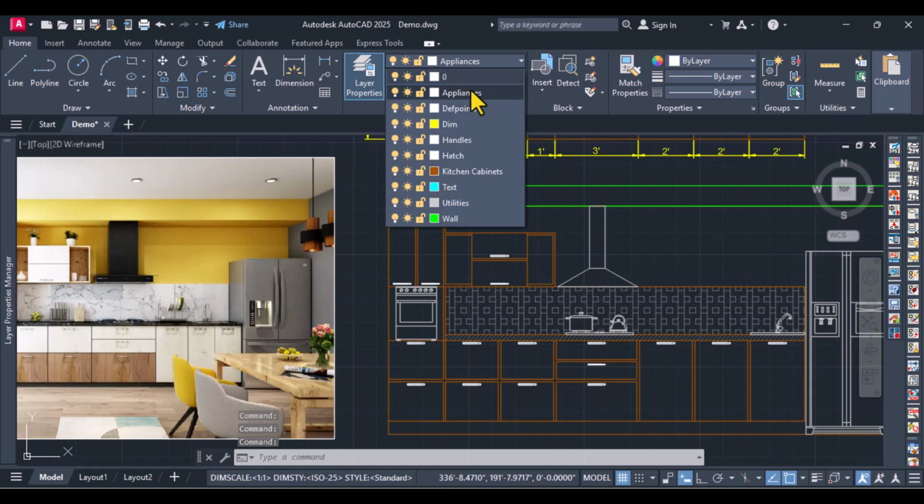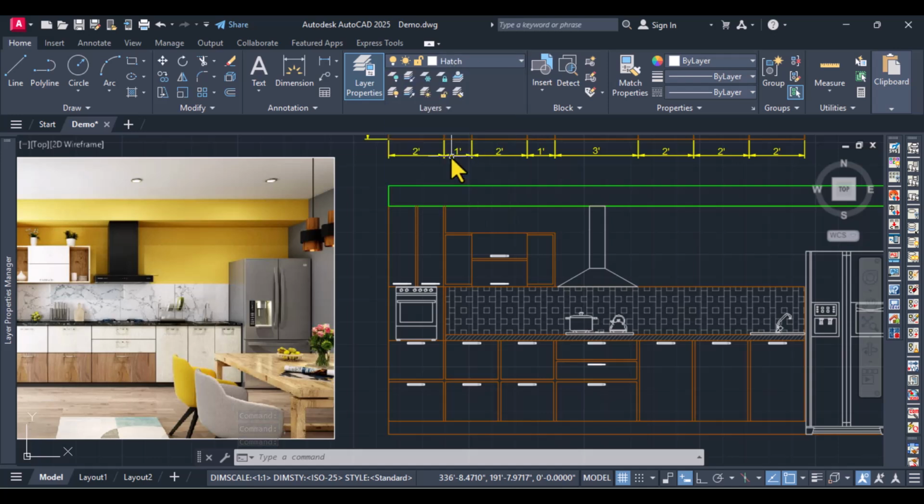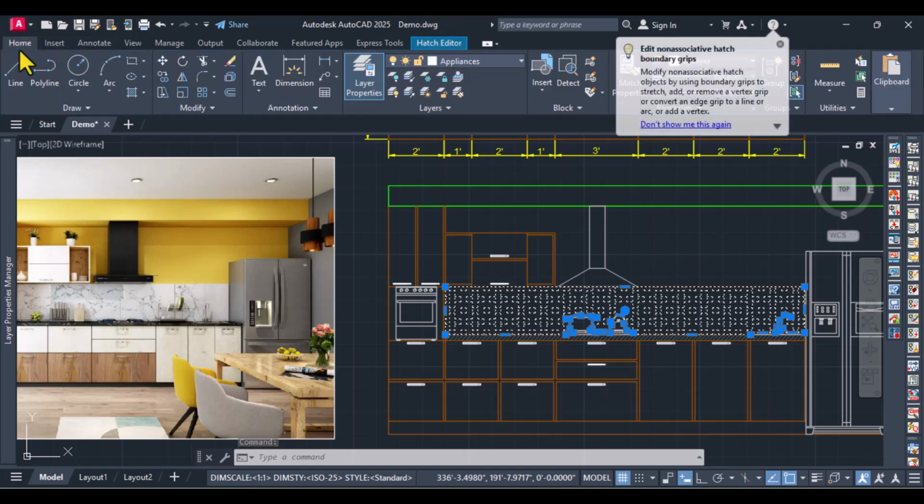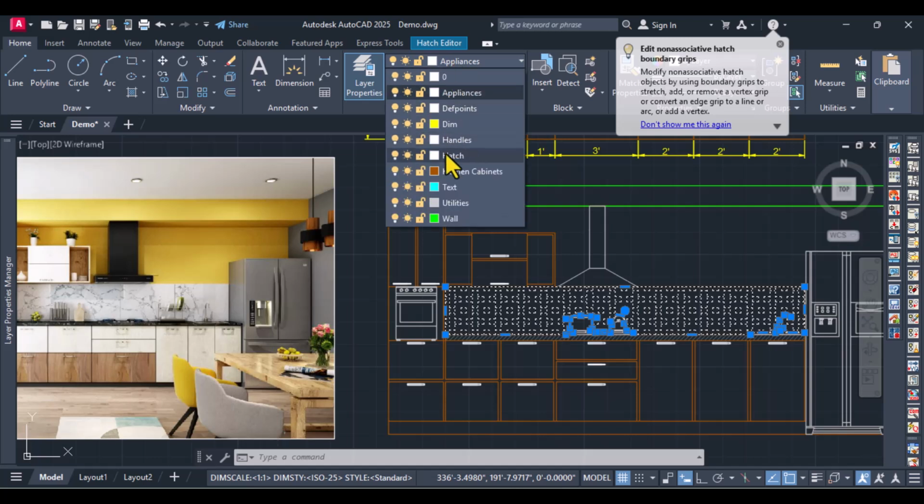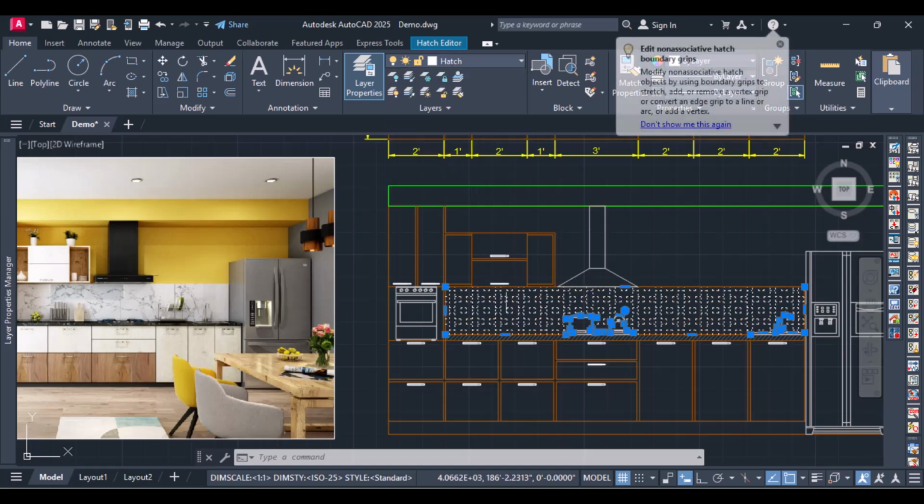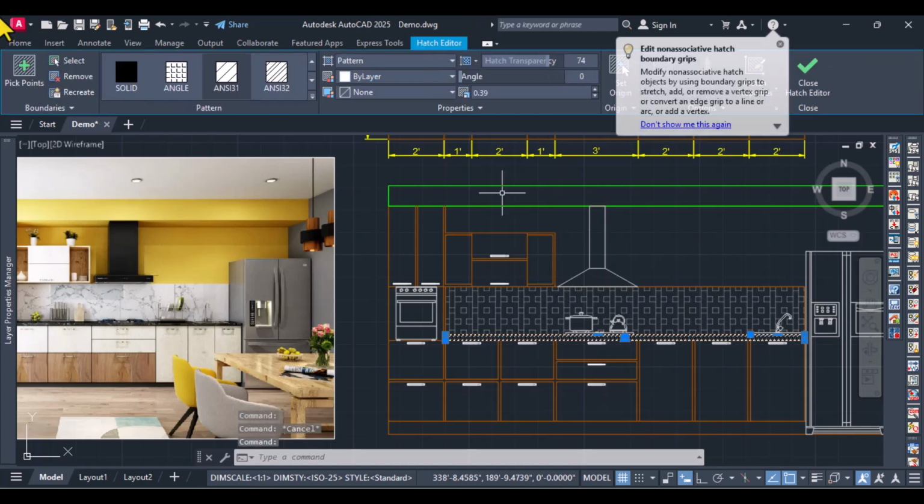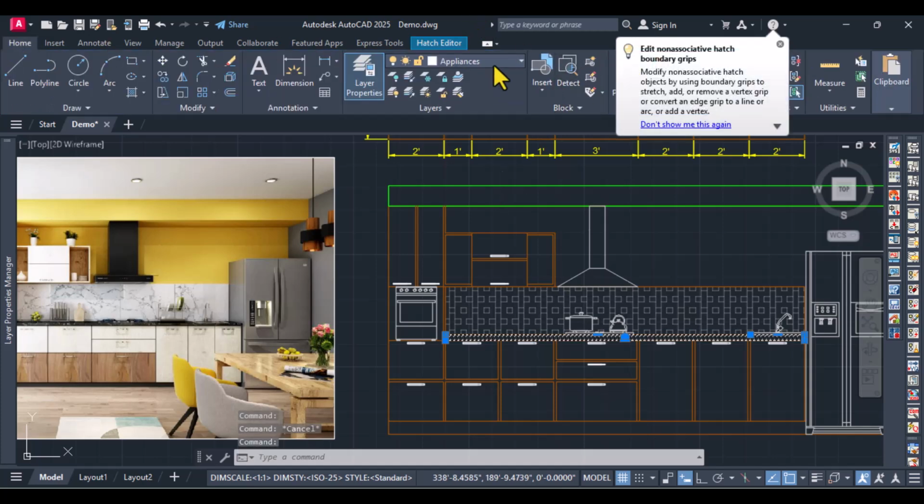Make the hatch layer the current layer, then select this, click on home, and ensure that it is in the hatch layer, and then press escape and click on this. Home, and ensure that it is in the hatch layer,